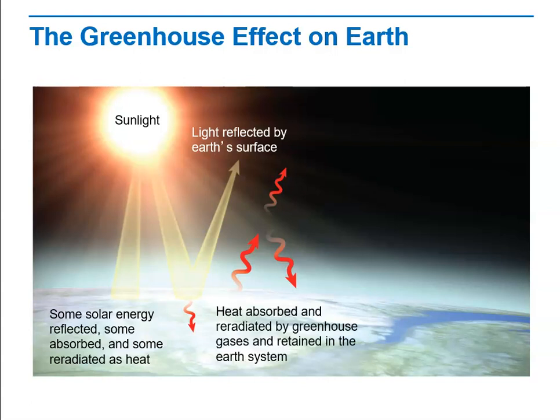absorbed by greenhouse gases. So think about what part of the greenhouse can be compared to the greenhouse gases in the atmosphere. The answer is the glass. The glass on the greenhouse allows the light to pass into the greenhouse and to be converted into heat when it comes into contact with the gases inside the greenhouse.